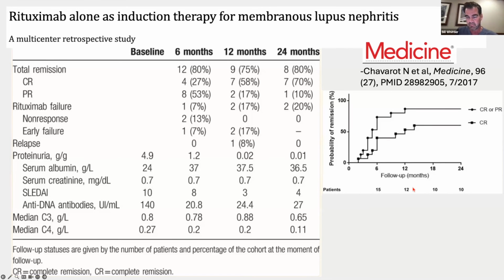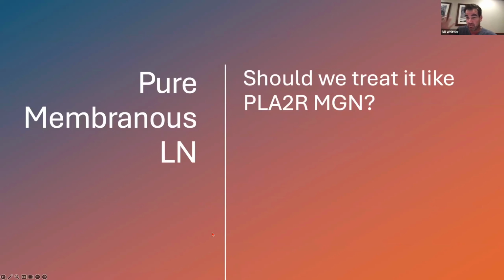So what I'm getting at is, should we be treating our pure membranous lupus similar to how we treat our PLA2R positive membranous? And I don't know. I don't think we have data to support that answer. But what I chose in this patient, given the fact that she was obese and still had some positive serology, even though that one sub-study showed that it did improve the serology too, I chose to treat her more like the Rituxaloop study, Liz Lightstone study. So I decided to treat her with CellCept and Rituxan, very similar to what Liz Lightstone's protocol is.